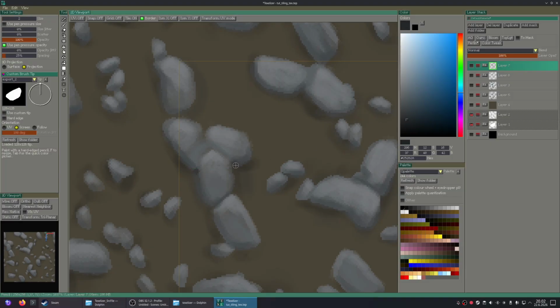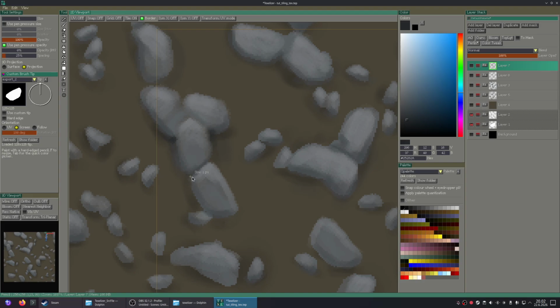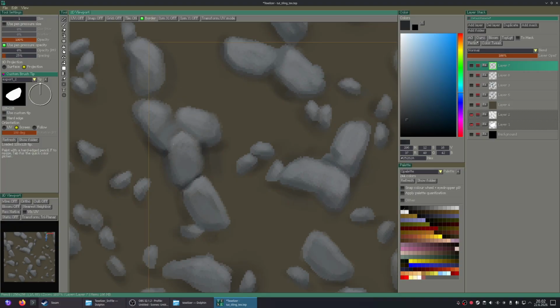Slightly bump it up and then start applying it to all kinds of nooks which might be found here. Should I actually put there as well? I don't know.